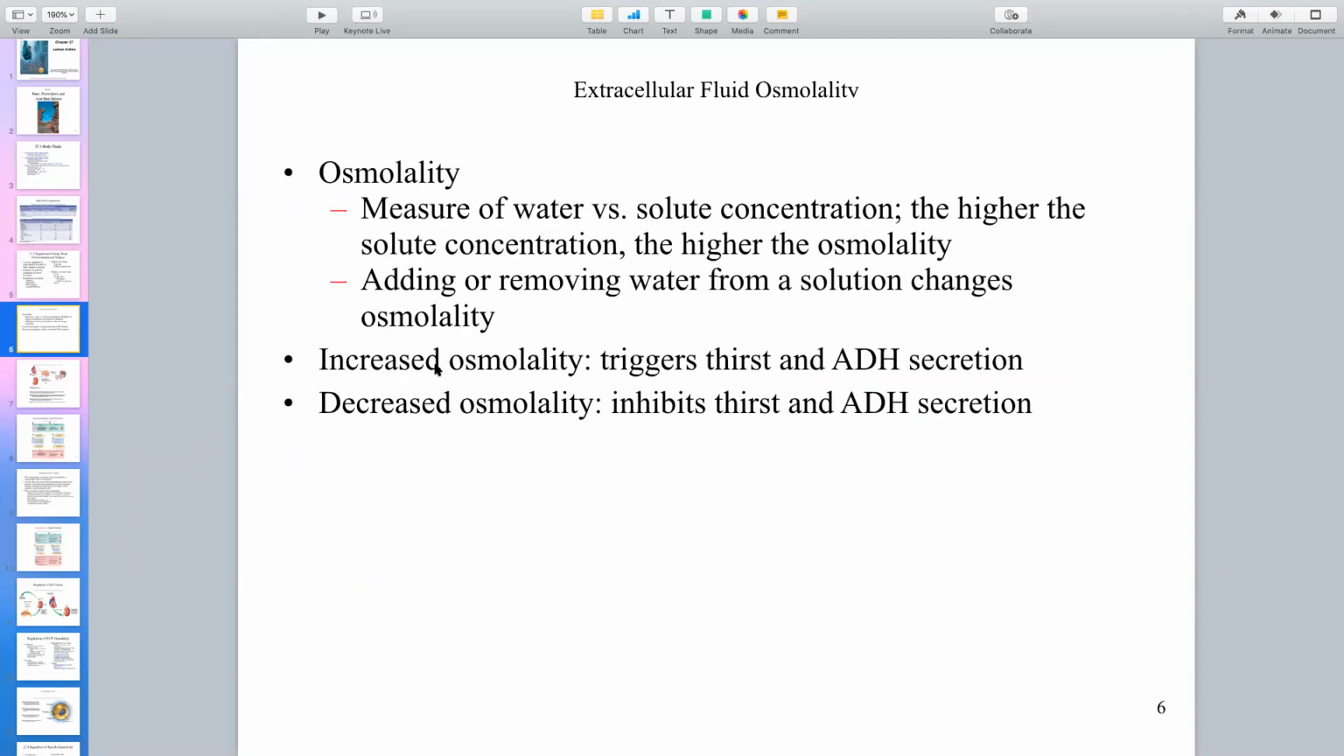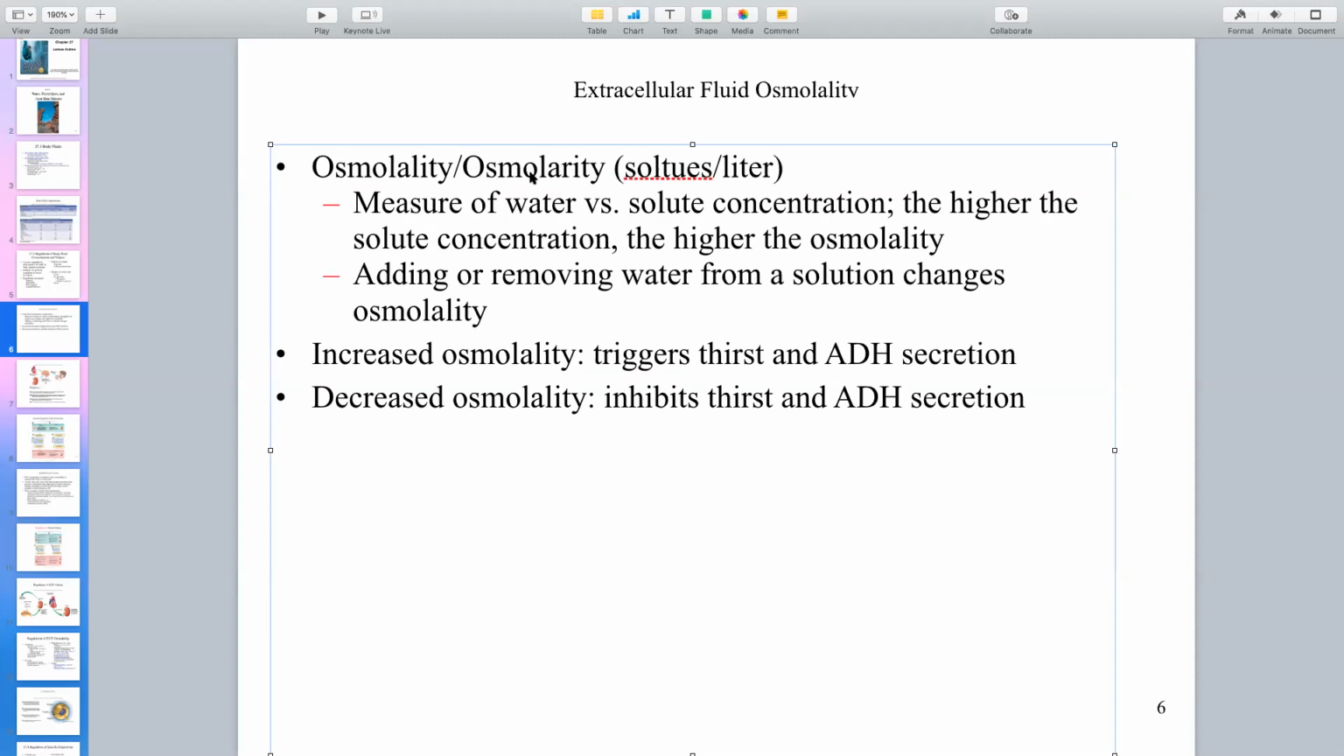Osmolality versus osmolarity. Remember, I do not like using osmolality. The reason why is simple. Osmolality requires you to weigh it. So osmolarity is what we really use clinically, right? Osmolarity is solute concentration per liter. By the way, when you do your training, the clinicals, hopefully pretty soon,